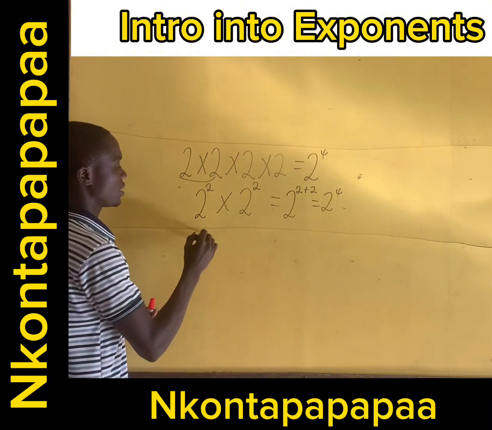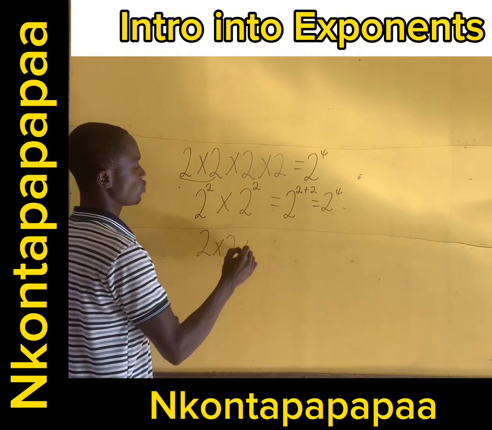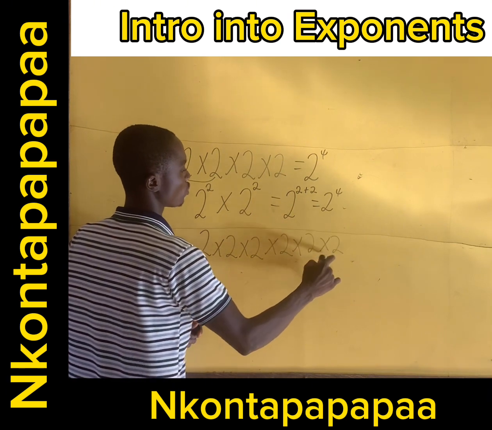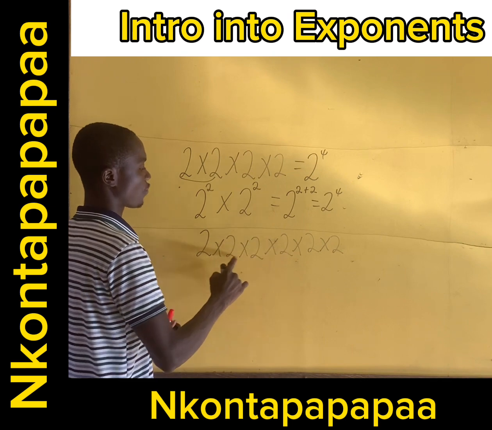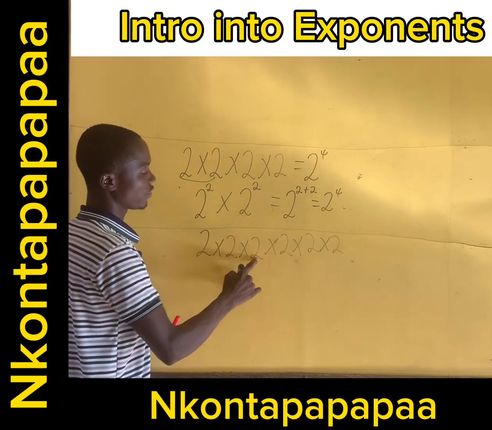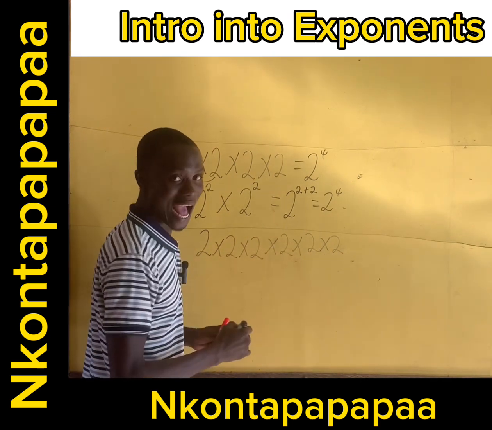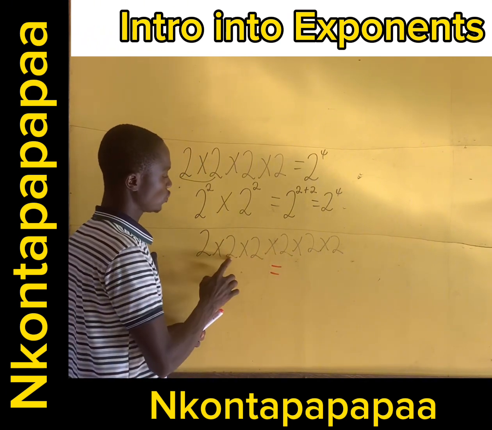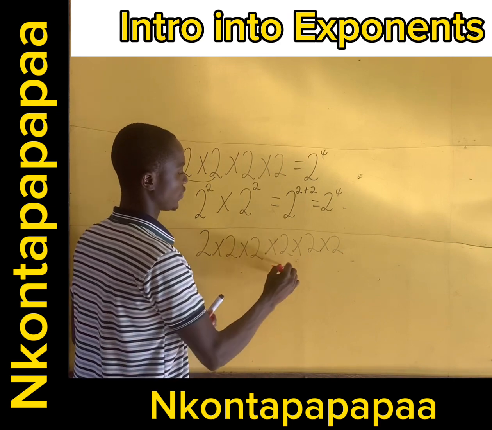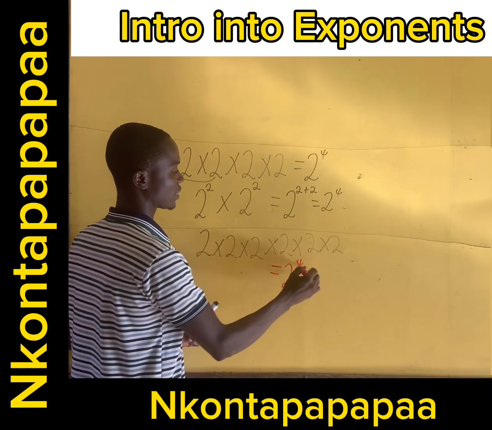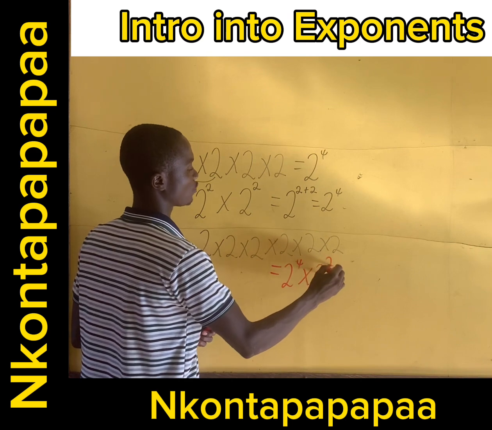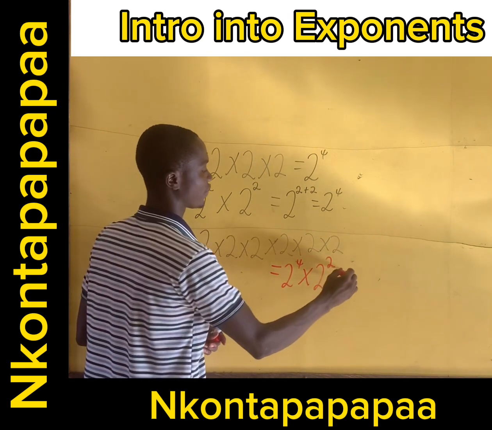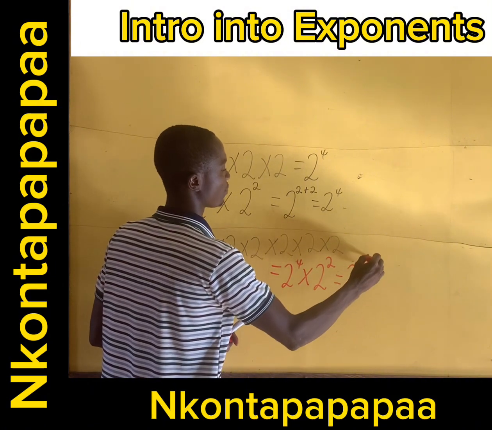Let us check this one. If I have 2 times 2 times 2 times 2 times 2 times 2, 1, 2, 3, 4, 5, 6, then I can confidently do this. 1, 2, 3, 4. This is 2 multiplying itself 4 times, another 2 multiplying itself 2 times. So you're going to get 2 multiplying itself 6 times, and that is simply 2 exponent 4 plus 2, which